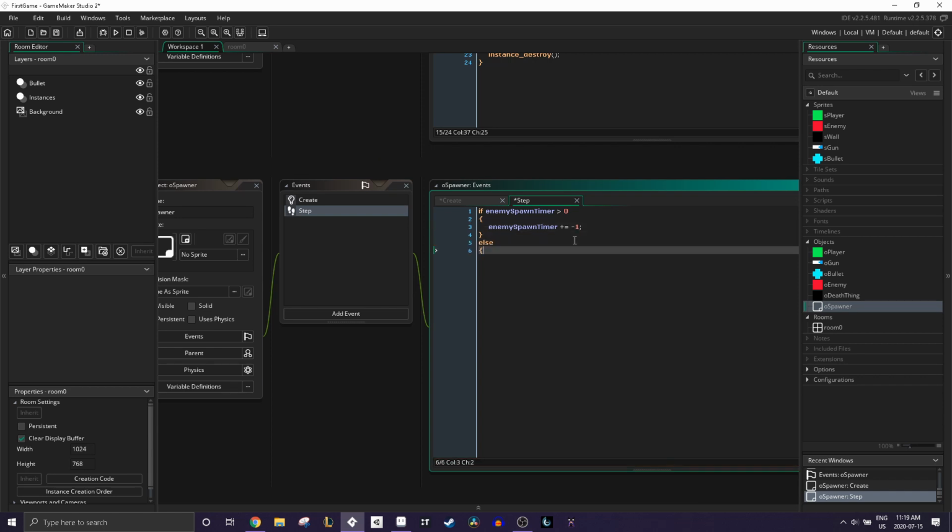And then we can just set this up by saying else. So if this statement is false, then we can say enemy spawn equals true. You don't technically need this extra line, but I'm just making sure that you guys understand what we're doing here. So we say enemy spawn equals true. If enemy spawn equals true, use those curly brackets again, and we want to set this up. So we're going to re-put enemy spawn timer back to equal enemy spawn timer max, so that this only happens once,